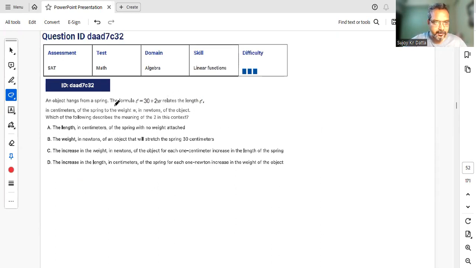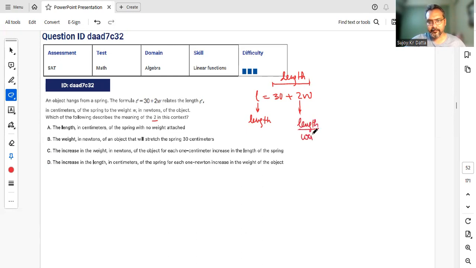So it says an object hangs from a spring. The formula L equals 30 plus 2W relates the length in centimeters of the spring to the weight. So the question is the meaning of 2. Now this is length, right? If this is length, then everything here should also be length, because length cannot be equal to something else. So L must relate to L. Now W is the weight. So 2 must be something of the sort length divided by weight,